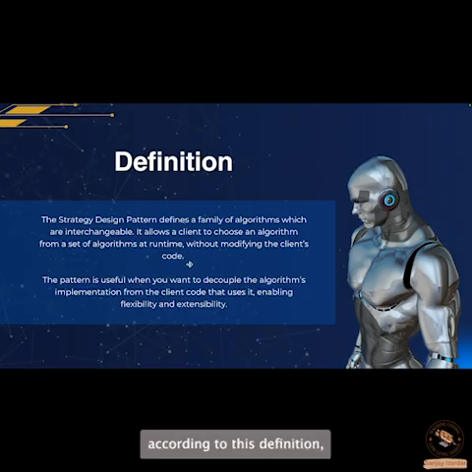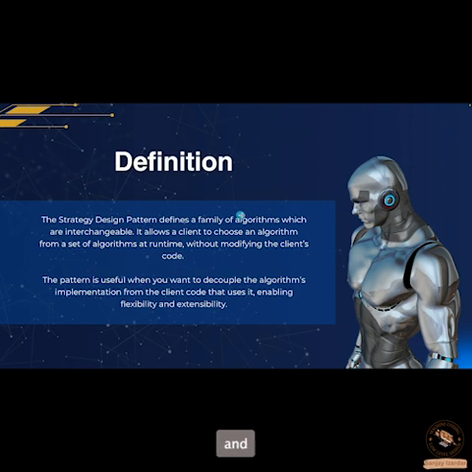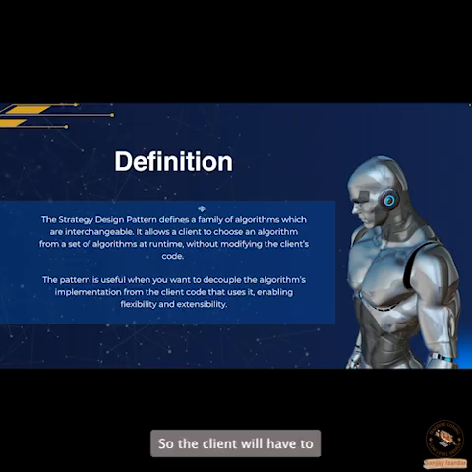According to this definition, there will be a set of algorithms like quicksort, merge sort, heap sort, and bubble sort. And these algorithms are interchangeable. So the client will just have to pass two things. One is the parameters which need to be sorted, and second, the sorting name. And the rest of the things will be taken care of by the algorithm. So that's what it is saying, that it allows a client to choose an algorithm from a set of algorithms